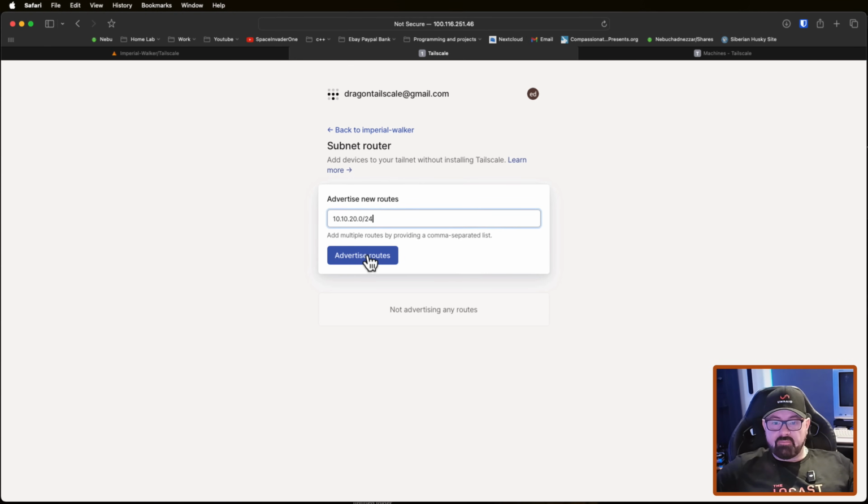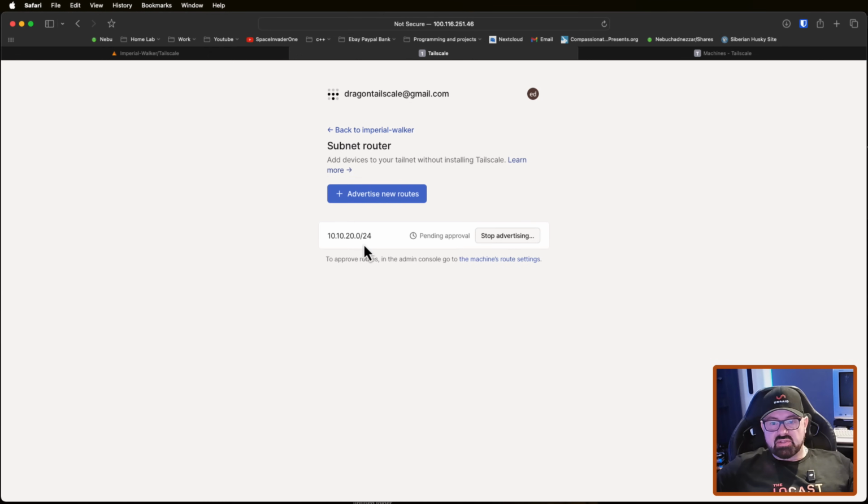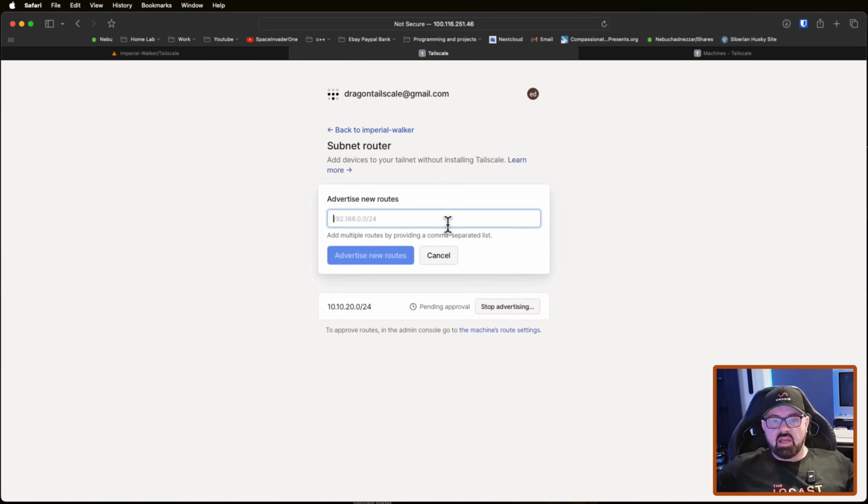So if I click advertise routes here, we can see that we want Tailscale through my server here to be able to give devices access to anything on this subnet. Now, a lot of people, you might have something like